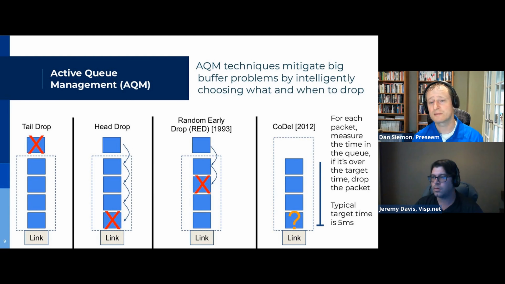And the CoDel algorithm is really cool. Essentially, you timestamp a packet as it enters the queue, and when it gets to the end, you look at that timestamp. If it's over a threshold, you drop it. The neat thing about this is it has the effect of dynamically sizing the queue so that you get good link utilization without building up a big backlog of queue. So that's one of the fundamental things that came out of network research after buffer bloat was given a name. And then of course there's